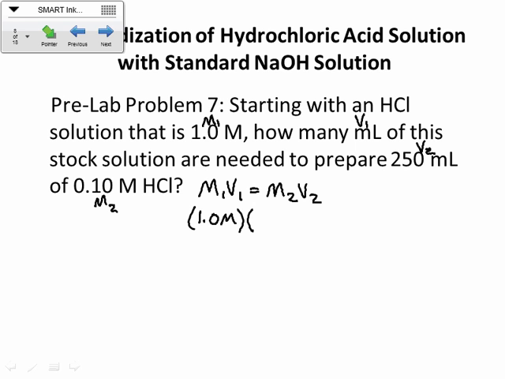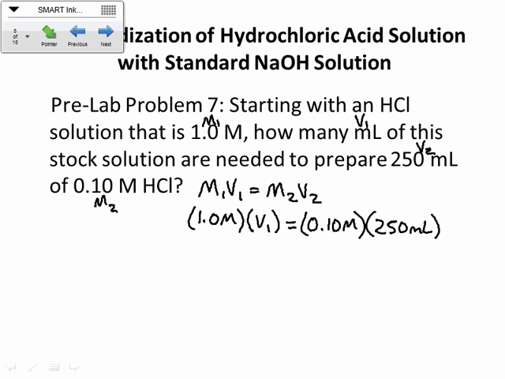1.0 molar times our volume, which is what we need to know here, is equal to M2, which is 0.10 molar, times 250 mils. Again, with the M1V1 equals M2V2 equation, you do not have to change it to liters. You can keep it in milliliters. All right, so then when we calculate that,